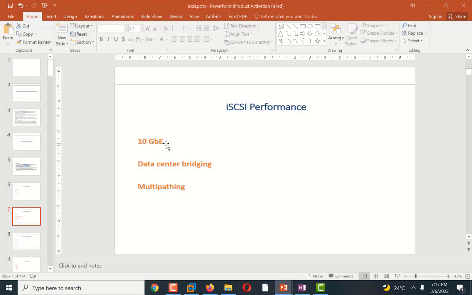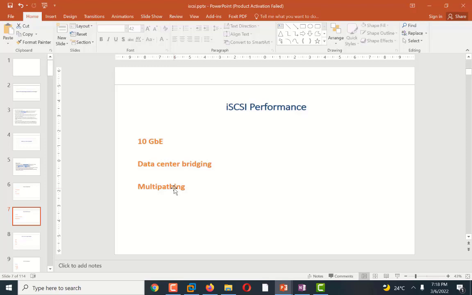On the other hand, if I use data center bridging, which is if we create VLANs for separating our network traffic from our storage traffic, that's why its performance increases. And the last one is multipathing. That means if we assign multiple network cards to the same iSCSI target, in that scenario it will enhance the performance of our iSCSI target.